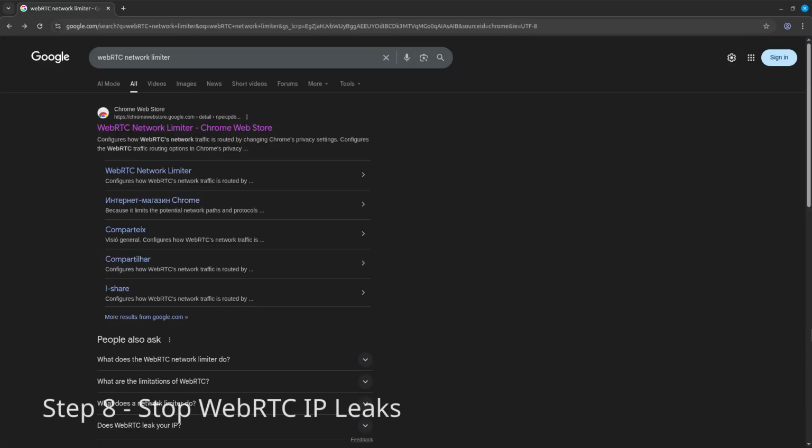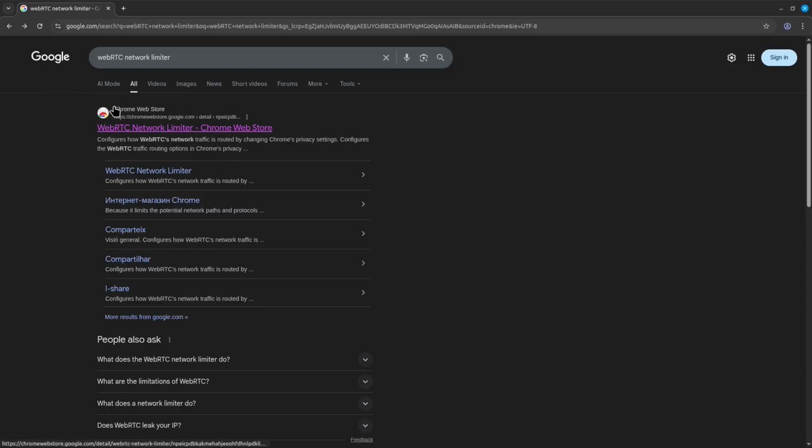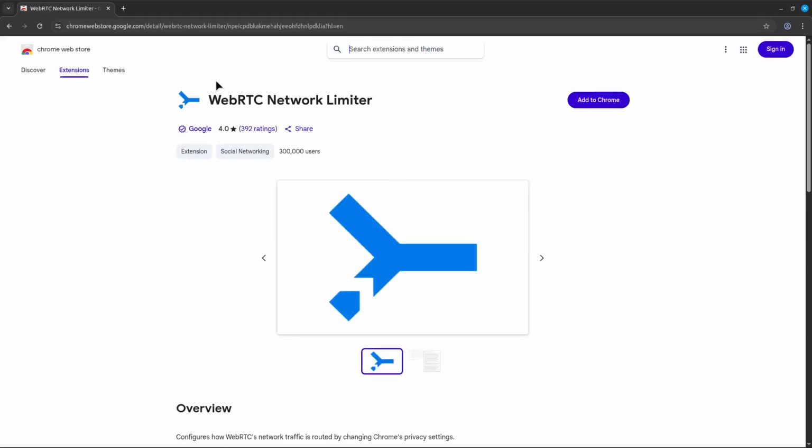And finally, we are at step number 8, stop WebRTC IP leaks. This one is important because even with a VPN, Chrome can sometimes leak your real IP address through something called WebRTC. Chrome doesn't let you disable it completely, so we'll install the official Google extension that blocks the leak. To do this, open up Google, then search for WebRTC Network Limiter, and you should see it at the Chrome Web Store. So we want to select that, and then from here we want to go to Add to Chrome,